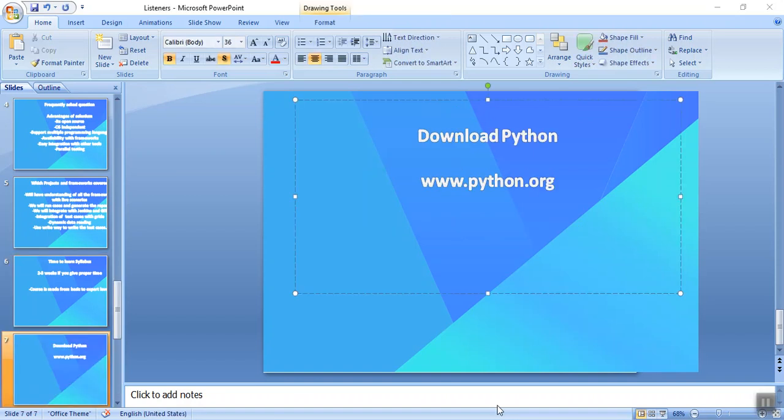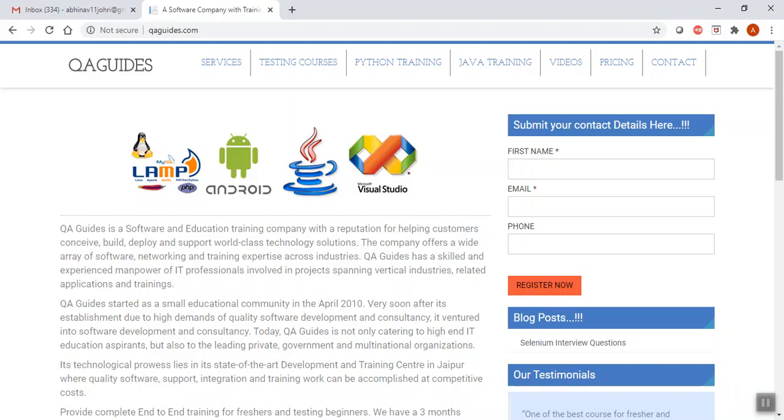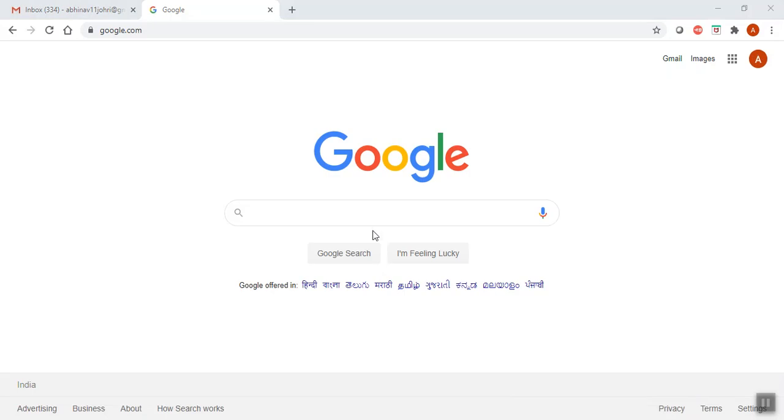So let's start with Selenium with Python and see how we can work on it. Now let's start with Python. First of all, we need to download Python. For this, we need to go to www.python.org. Google, download Python.